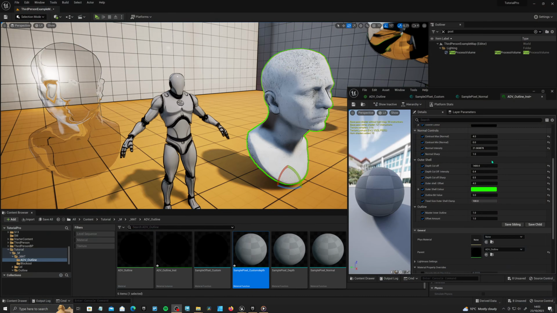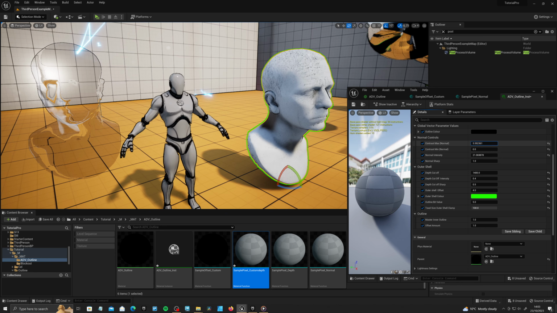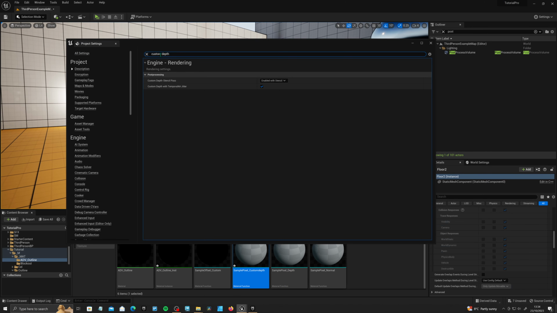Welcome to this tutorial. Today we're going to be covering an advanced outline post-process material in UE4 and 5, and this is going to allow us to pick out all the little details in the models in the scene by manipulating the world normals. We will be using the custom depth stencil in this tutorial, so if you haven't got that activated, you're going to need to go into the project settings and make sure that it's set to